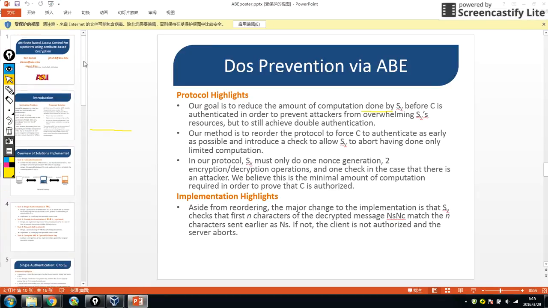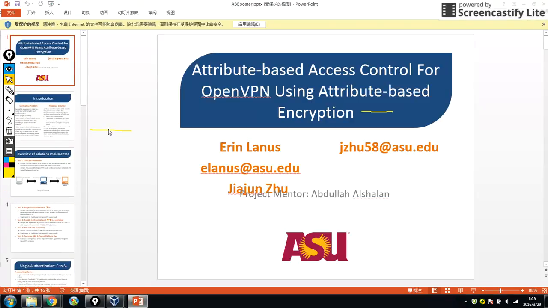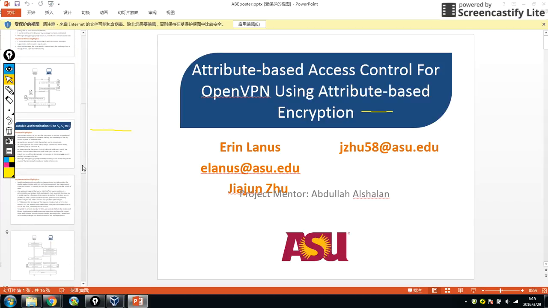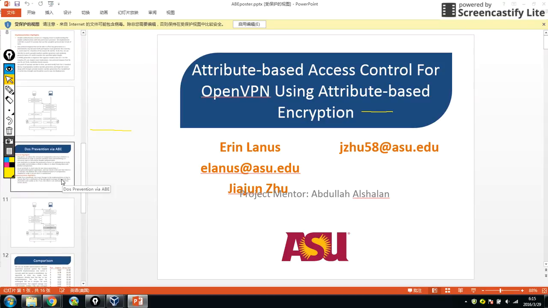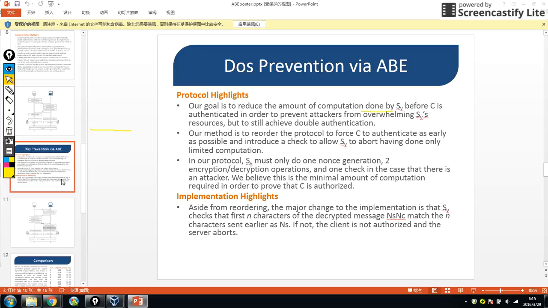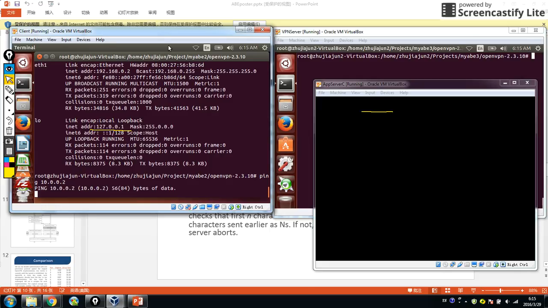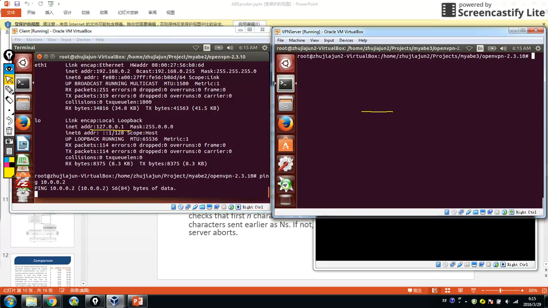Hello, this video is about our network security project, attribute-based access control for open team use and attribute-based encryption. For this video, we're going to jump directly to our final result, the double authentication with the activation via attribute-based encryption. Here we have three working nodes: a client, a weekend server, and